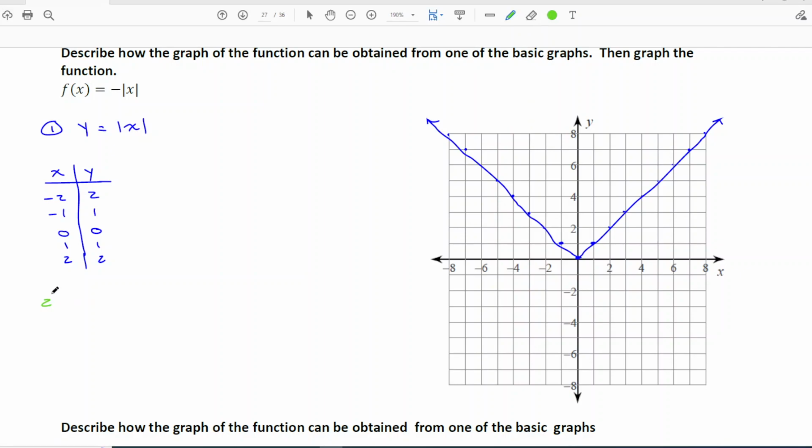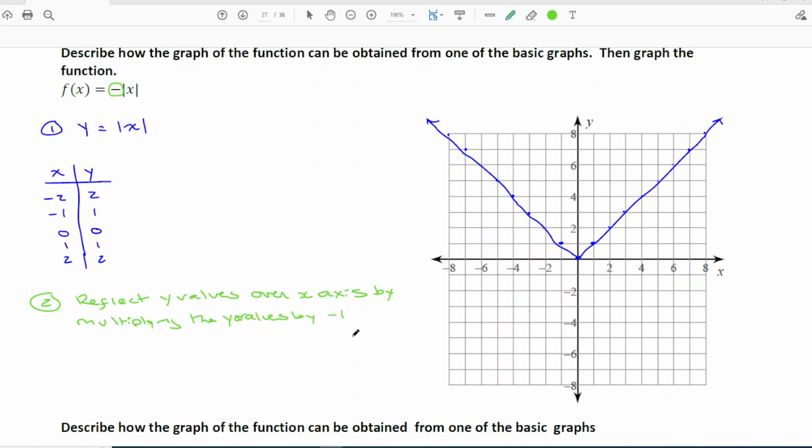So what are we going to do? Well, we are going to reflect which values? Well, the negative is not in the bracket with the x, so this is going to be reflecting the y values, and they're going to go over the x-axis. Now, if you want to know specifically how we're going to do it, we're going to do this by multiplying the y values